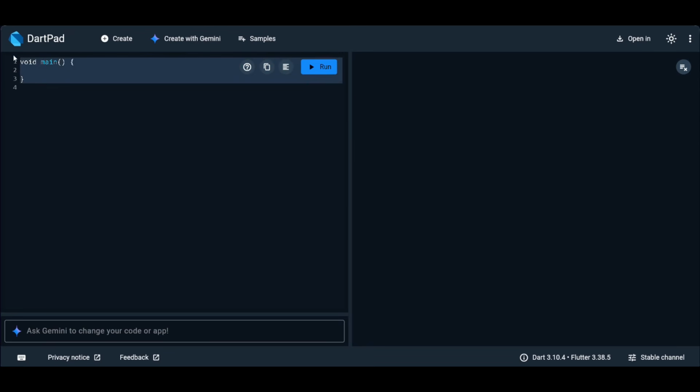This is the void main function. So there's two keywords here. There's void and there's main. Main is a function that Dart looks for every time it tries to run a program. So whatever your program has, everything needs to be inside the main function. If you have anything outside the main function, and if it's not being called, then that code will not be executed. So everything that you code will be inside the main function, or the main function will be calling another